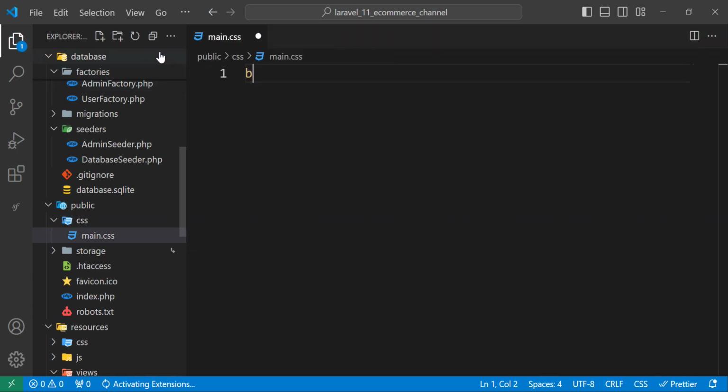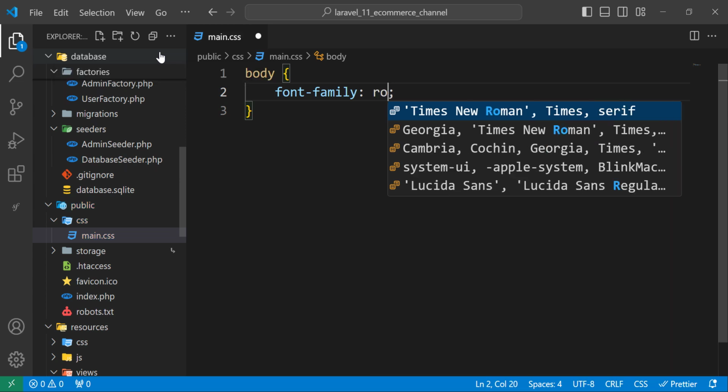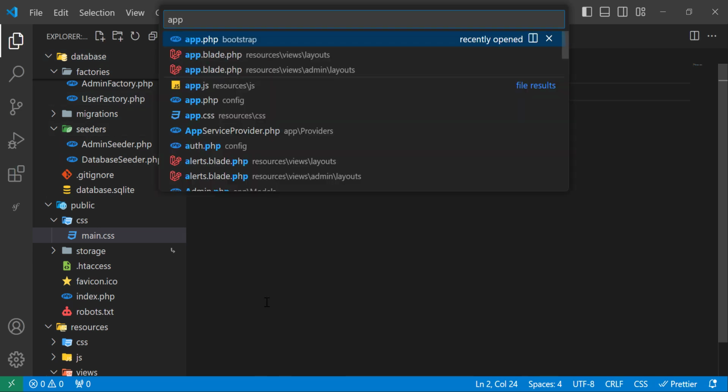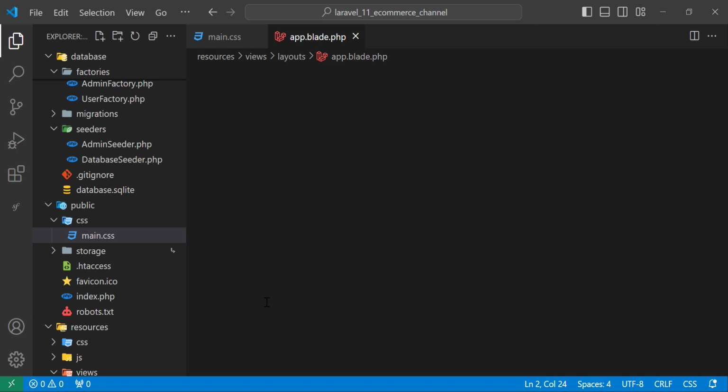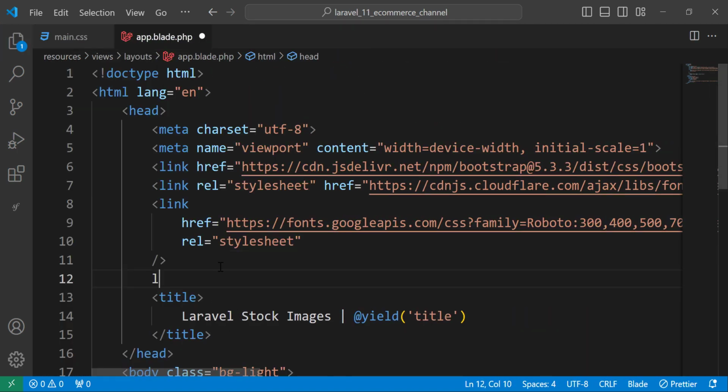And we have the body, and let's give it font family Roboto, and let's add it inside app.blade.php. So let's bring it here and add a link,